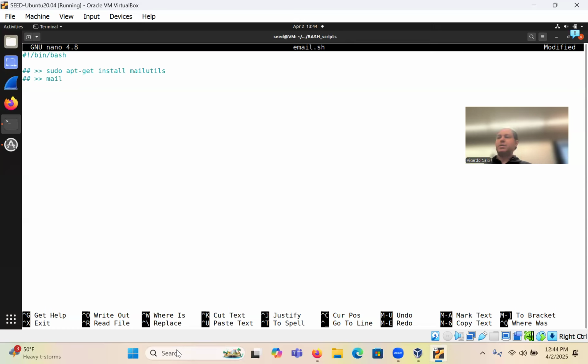What we're going to do now is we're going to write an email, right? So we're going to create an email, and then using the mail program, we're going to send it out. All right. So it needs to have the subject, the recipient, and all. So let's try. I'm going to create a variable called recipient. Right? And we're going to send this to the account. Okay. All right. So I'm going to do recipient here. So I'm just going to send it to the root account, for instance, or you can play with other accounts.